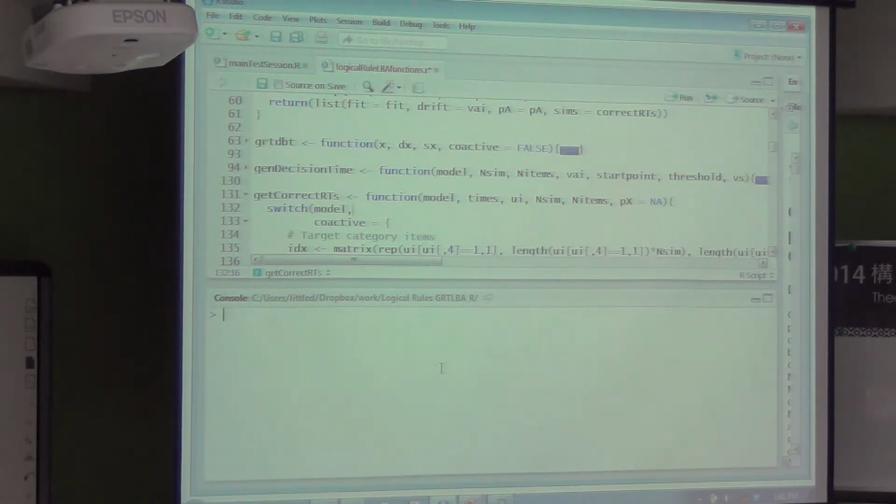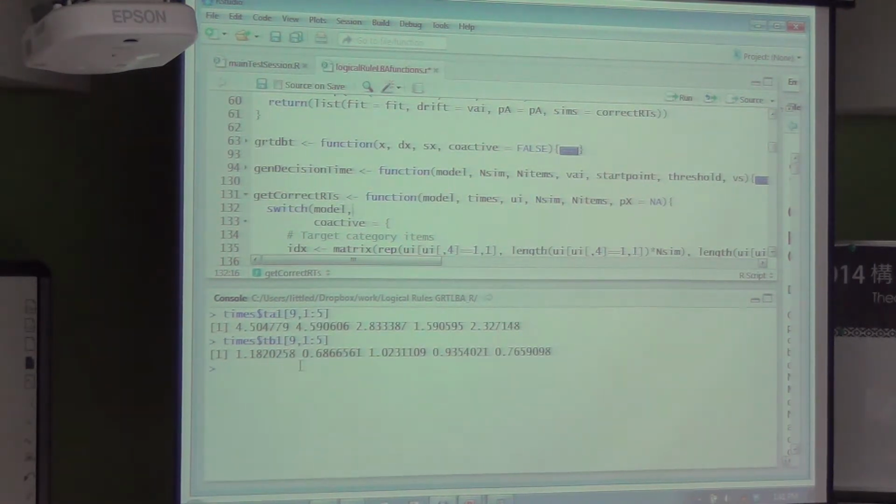If we look at an alternative stimulus, though, let's look at stimulus number 9. This stimulus actually belongs to category B. The values on the first channel, dimension X, have higher drift rates for the B decision than the A decision. So the sample times tend to be much faster for the B decision than the A decision. They're not astronomically faster because it's still close to both of those boundaries, whereas that high stimulus is really far from both of them, so that gives very high drift rates for category A.